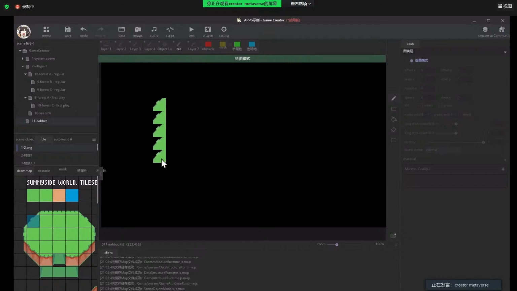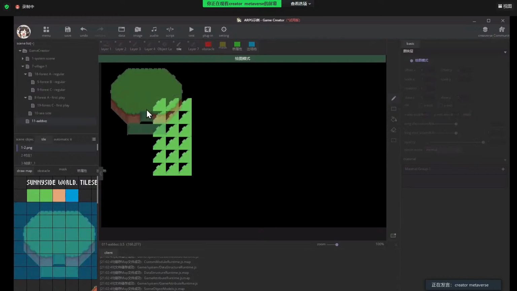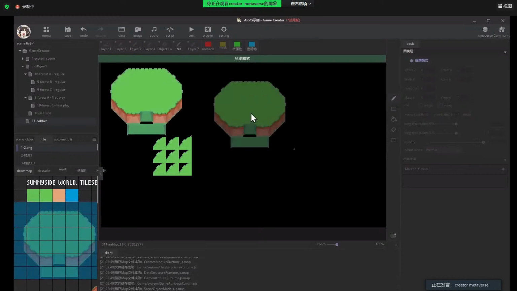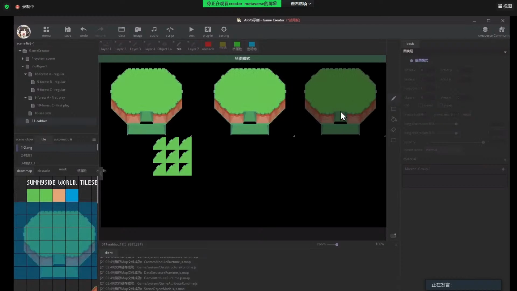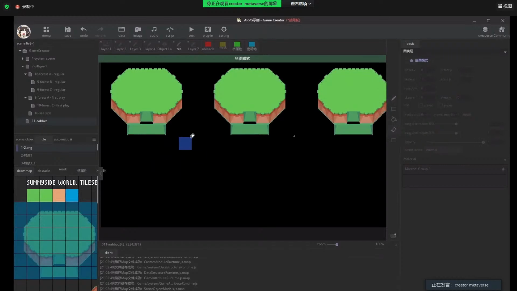Now we can draw it. Or we can select all of this to completely put 3 of it. And we use erase to erase the rest of them.